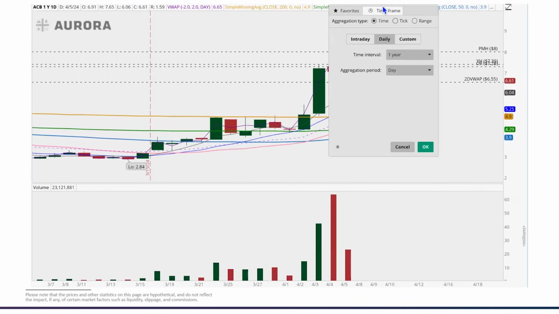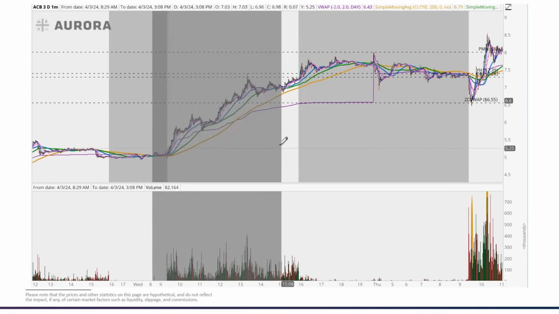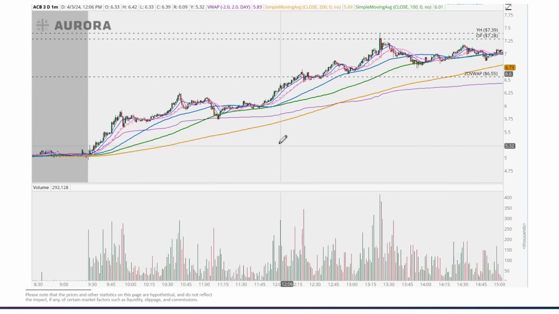So let's zoom into these trades. Now, on the day that ACB breaks out, there are plenty of trades to take, but I made the most money on the second day and the third day of this news. I would challenge you all to go back and look at some of these trades from day one of the breakout. You have this nice consolidation wedge break as it holds way above VWAP here. You have the break of highs midday that leads to this nice trend higher. And you can see on this day, we topped out at